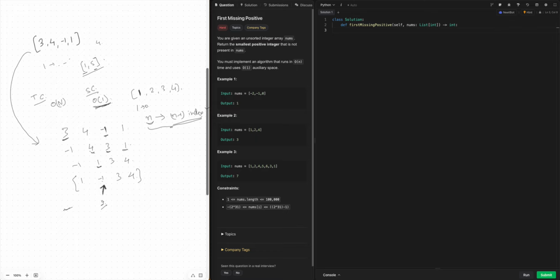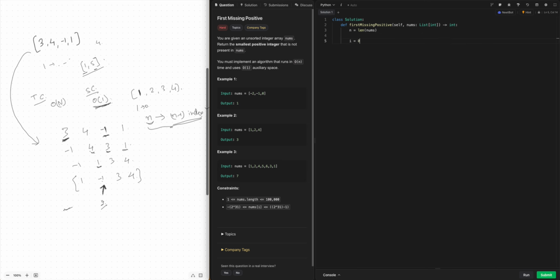So to write an algorithm for this, we can directly see that for each index it has to be a while loop, because we are going to keep swapping. Multiple swaps could be required for a particular index, right? So I will start the code first. First I will get the length of this input array,